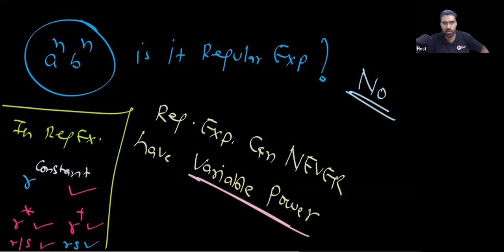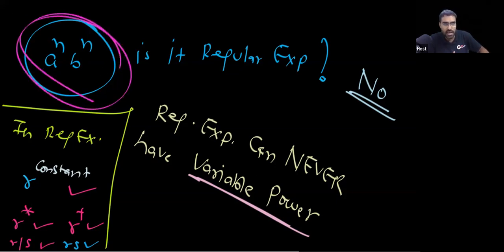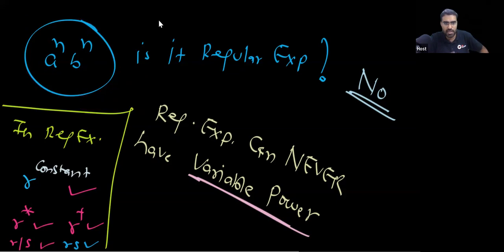Okay, some student is asking, if this language has a magical number, can I say it will be regular? Yesterday I told you, no. If you pass the pumping lemma, can I say you are regular? No. I told you in the last class that every regular language will pass the pumping lemma, but there are some non-regular languages that will also pass the pumping lemma. So if I pass the pumping lemma, it does not mean I am regular.